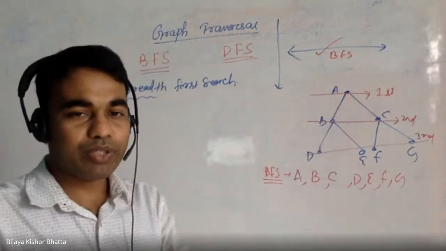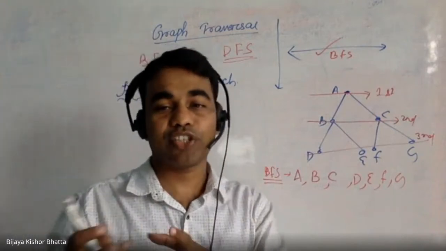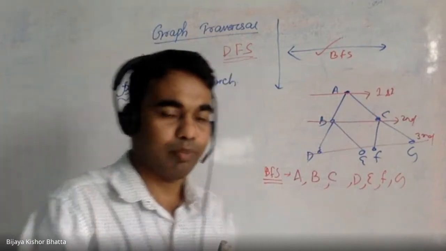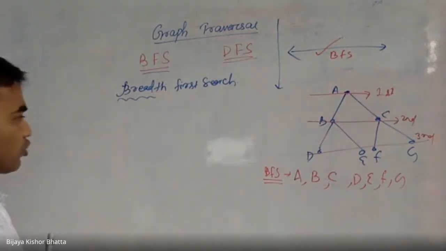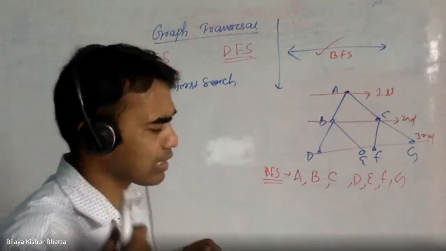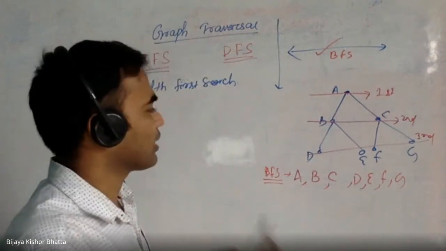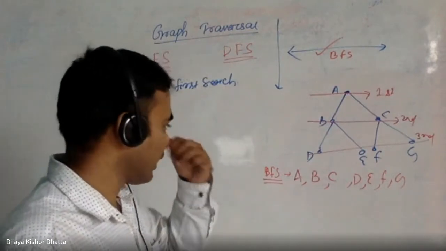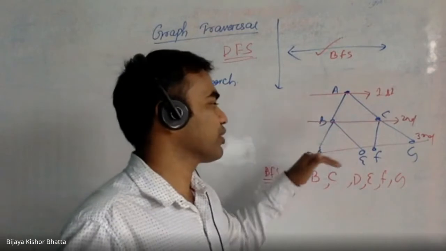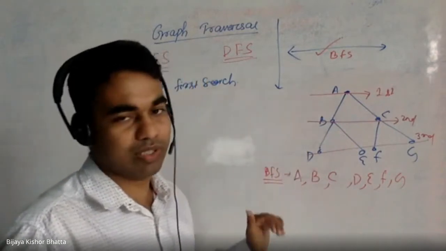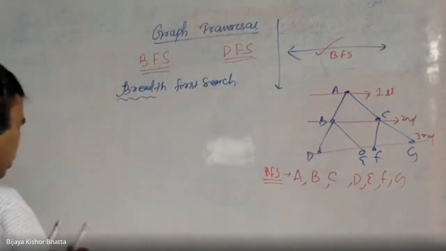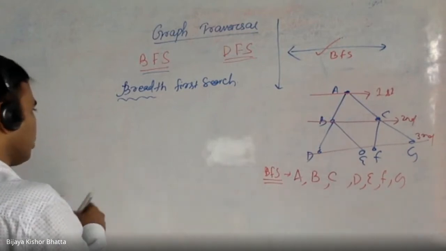So now coming to this: what data structure will we be using for BFS? If you think about how I should write my algorithm, or what data structure I should use so that I can do this same work, what data structure will be used?